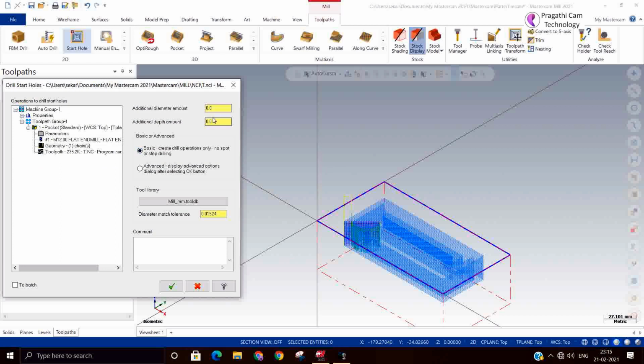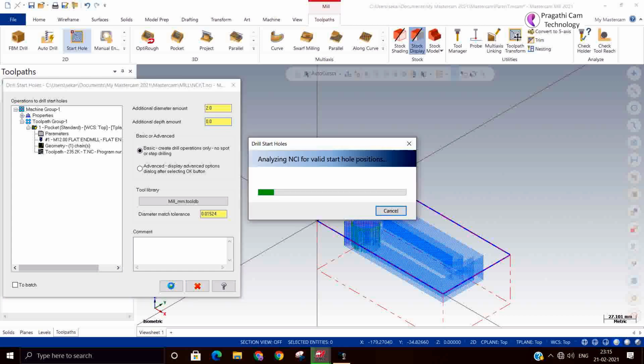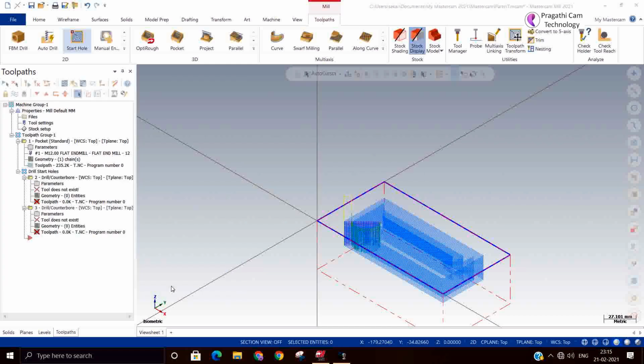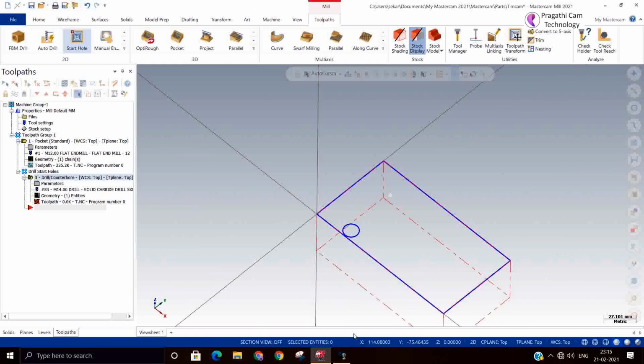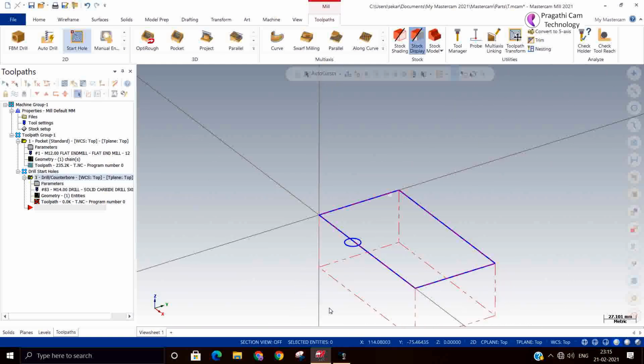Additional diameter means the hole diameter more than your cutter diameter. So additionally I put 2 mm. Your tool is 12, but with 2 more, it is making 14 mm. Additional depth also, if you want, you can add it. Now it analyzes your tool path and generates the hole at the appropriate position. Okay. And if it is okay, then you can regenerate.